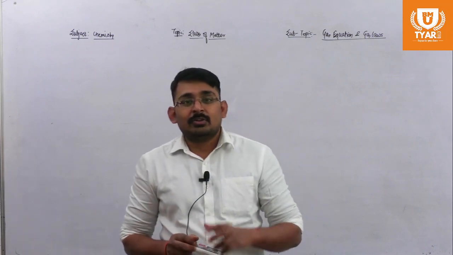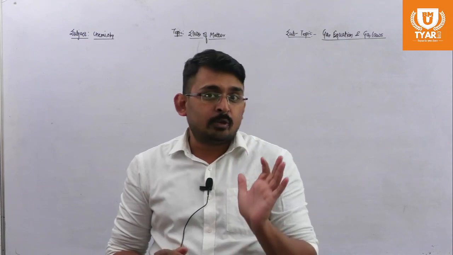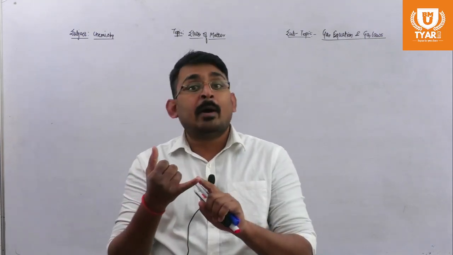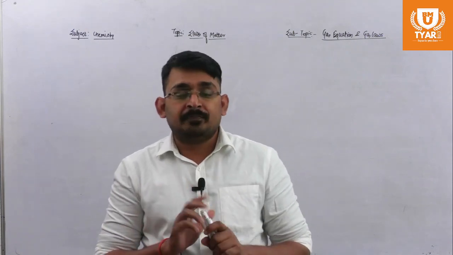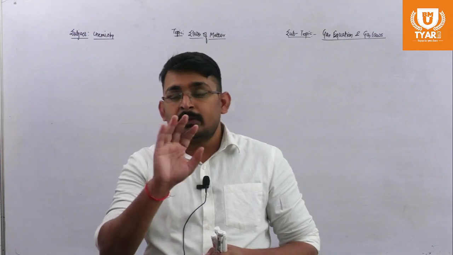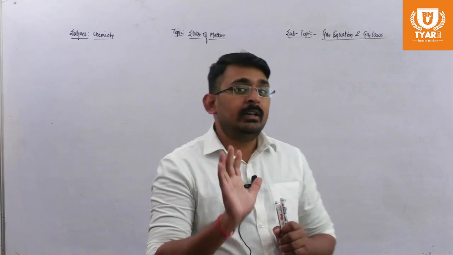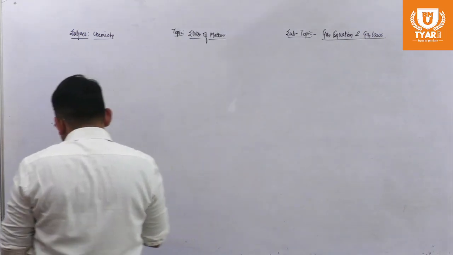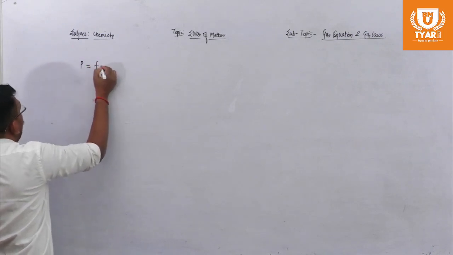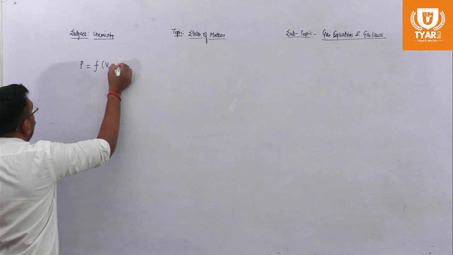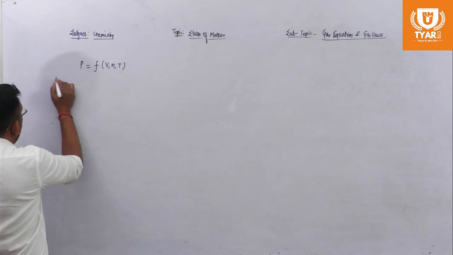Hello everyone. So in the last lecture we discussed the parameters which define the state of a gas, namely amount of gas, temperature, pressure and volume. We were able to find out the meaning of these four things and how they are dependent or not dependent. We ended the last lecture with pressure being a function of volume, number of moles and temperature, and we finalized that